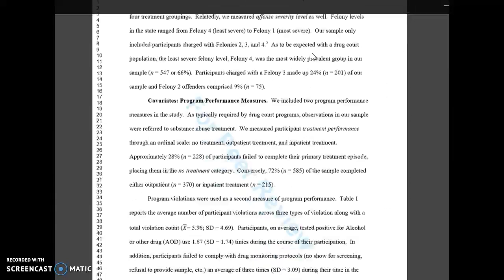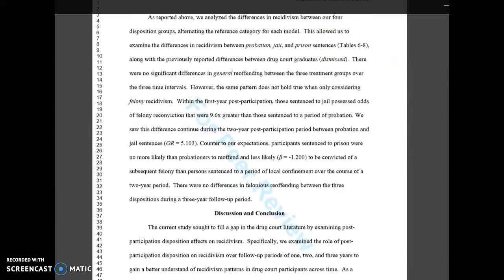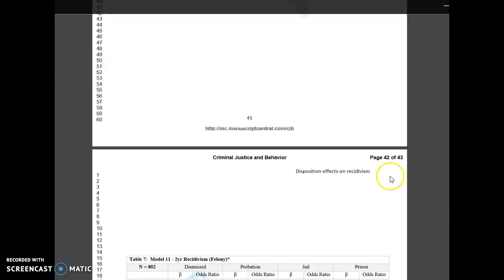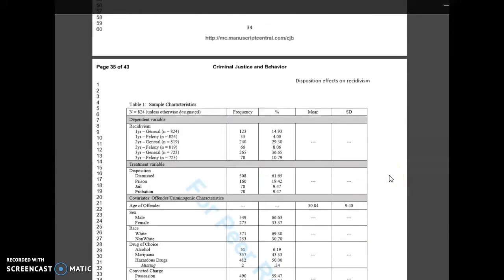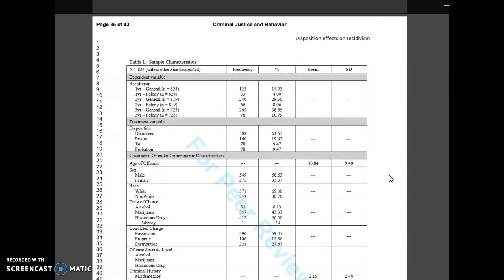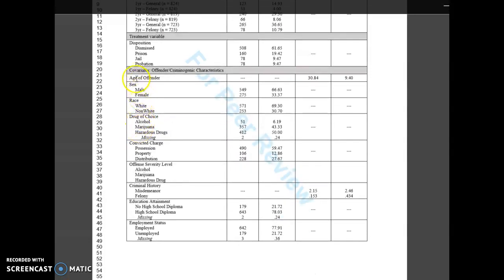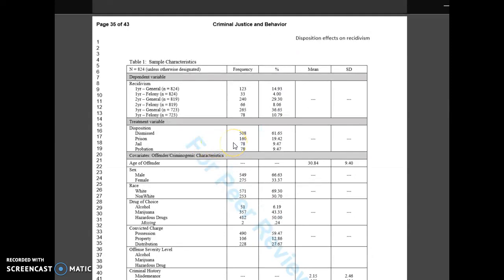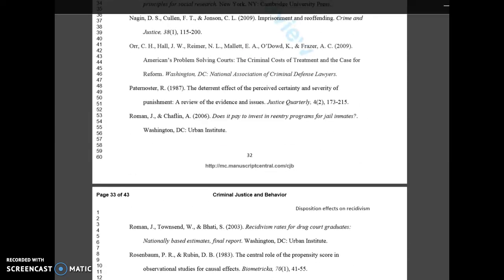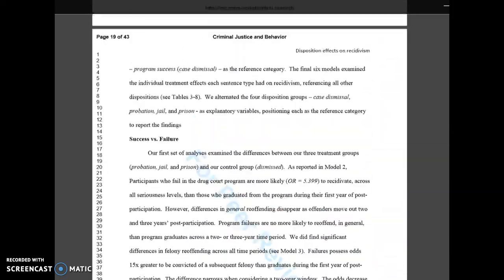But you could also quickly go down, I'm sorry, this might be giving you all a headache, down to the chart, which is embedded in an actual published research article. This one is not in print yet. And you can get just a quick list of them. So all of our independent variables, of course, we have our treatment variable, then we have age, sex, race, drug of choice, convicted charge, and so on. So you can get a quick list of the dependent and independent variables without necessarily running through the entire operationalization of them. As we move back up,